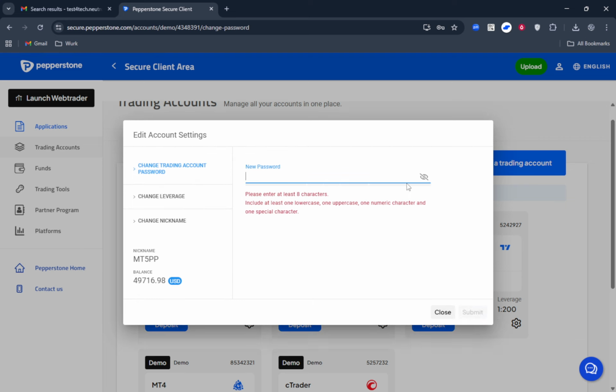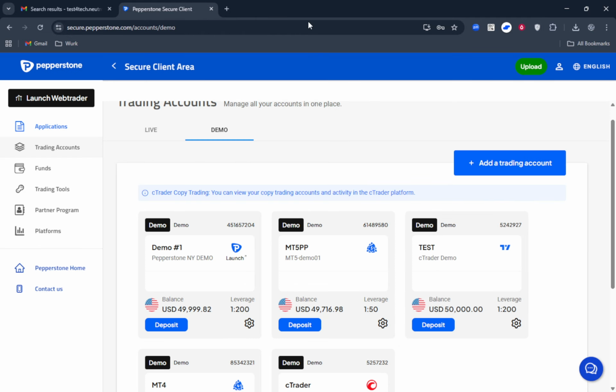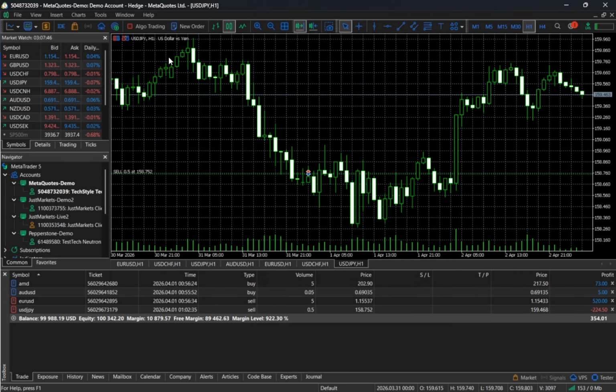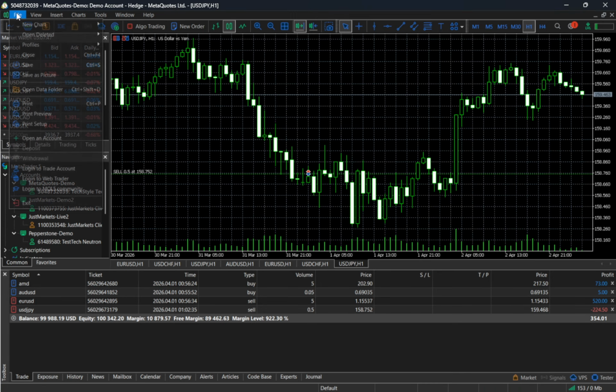After you complete the reset in the portal, whether that's Pepperstone, OANDA, or another supported broker, return to MT5 and log in using the new password for that same trading account. If the login fails, double-check you're selecting the correct server and account number, and watch out for extra spaces when pasting the password. If you can still access MT5 and simply want to change your password, you can do it